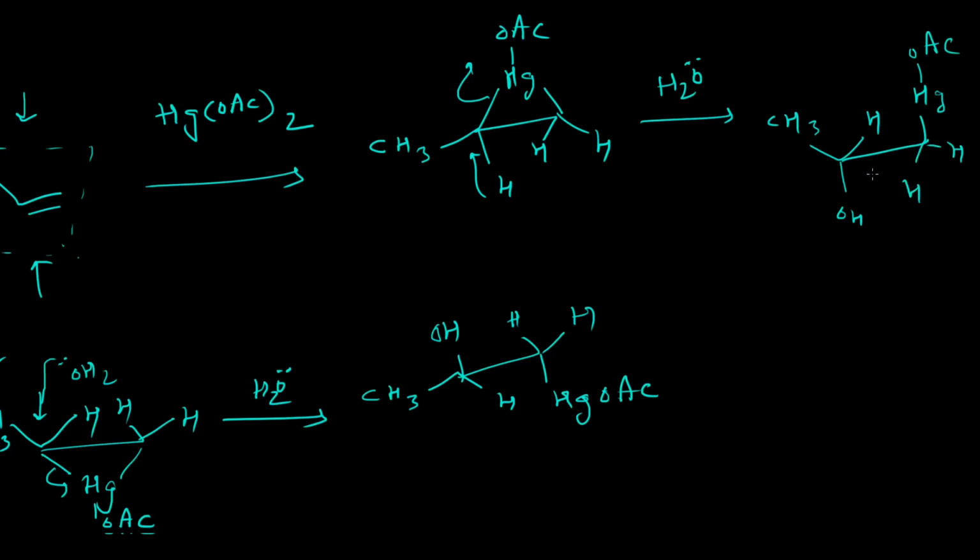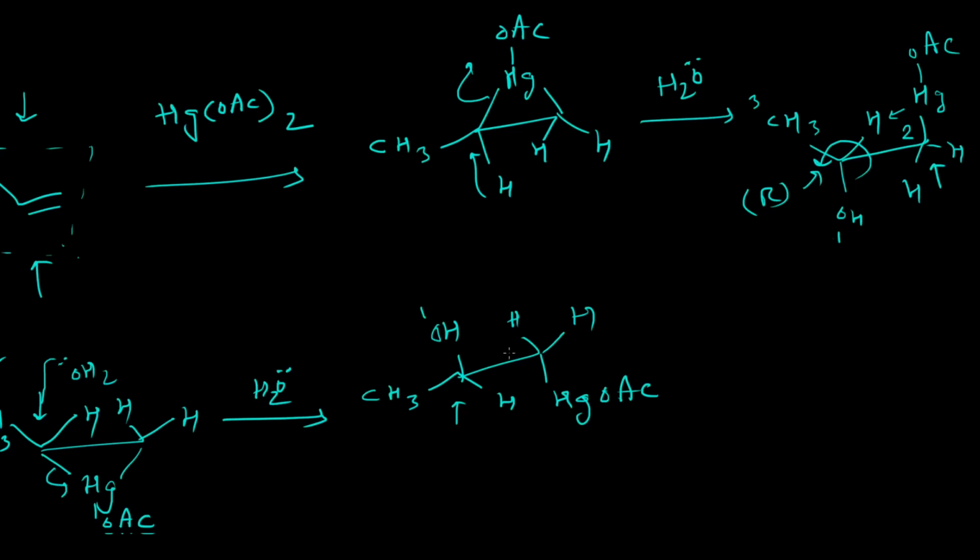So now we can see that this center is not chiral, but this center is chiral as well as this center. So we have to check the configuration of these two chiral centers to check whether this process is actually asymmetric or it is producing the racemic mixture of the products. So this will be the number 1 priority group OH. This mercury attached carbon will be number 2. This methyl will be number 3. So 1, 2, 3 and hydrogen is above the plane. So if you look from this angle, then it will be of R configuration. Anticlockwise, hydrogen is above the plane, so it is R configuration.